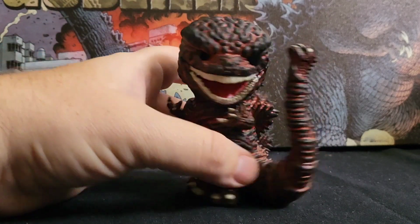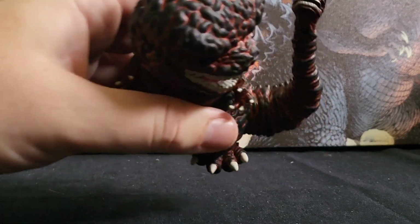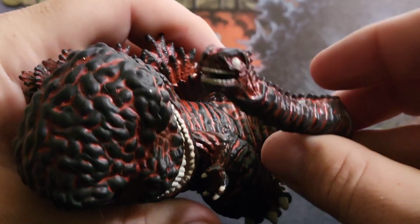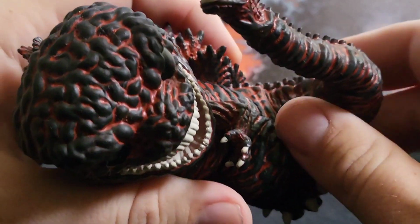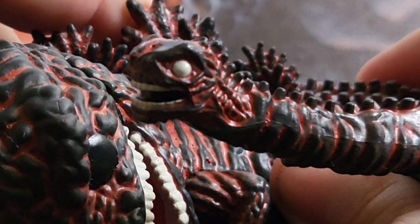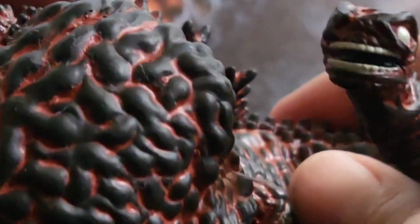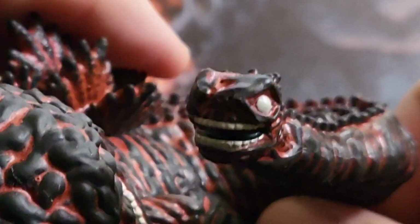His big chunky tail here really acts as a good balance. The thing I do love, we can get close up on this, is they actually put a full head on the tail, which, okay, that's comedy gold right there. They gave it a very definitive face, unlike the other one where it's a little more